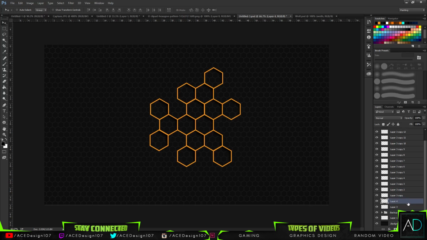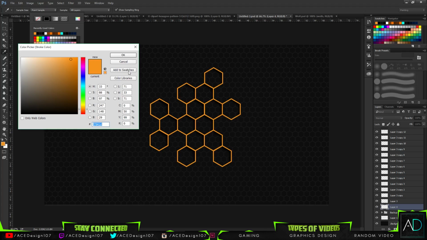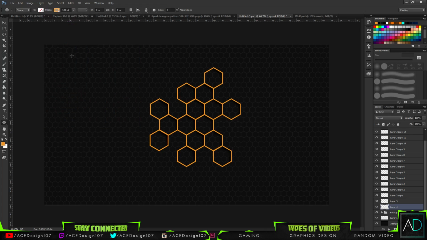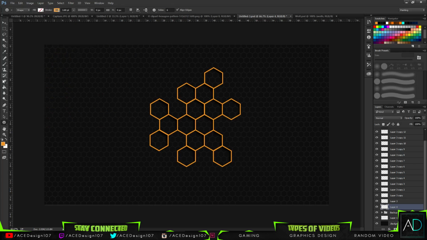that's okay. So now we're going to make a new layer, and we're going to go back to the exact same swatch that we used for this. Now fortunately I used just a color swatch in here. You can make your own and then define it to add a swatch so you can have the exact same color, or you can simply go to your foreground color and pick it up there. Okay, so then